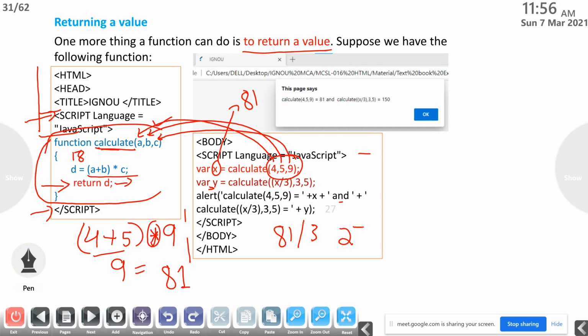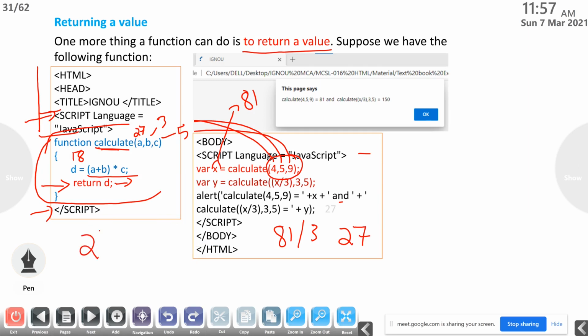It is 27. So 27 will be stored to the variable a, 3 will be stored to the variable b, and 5 will be stored to the variable c. So 27, 3, 5.